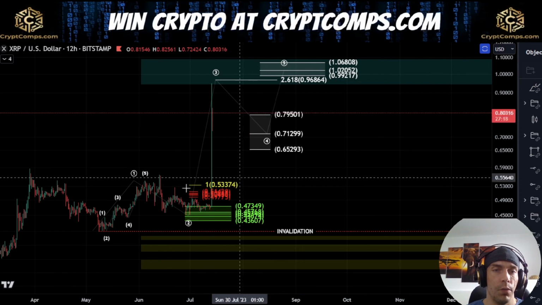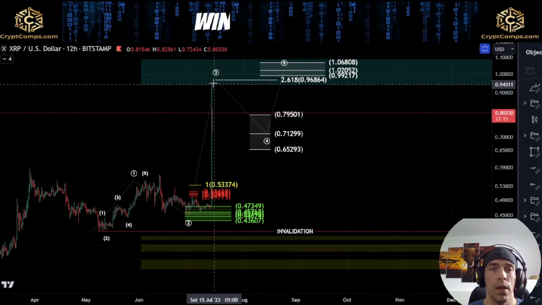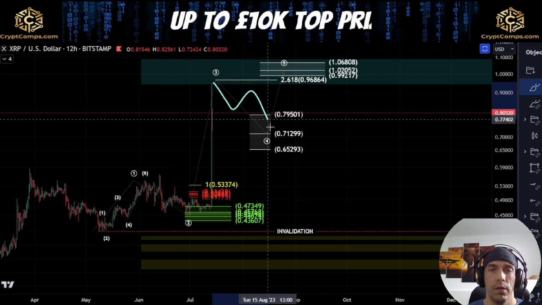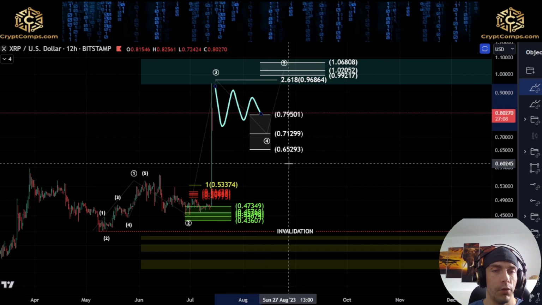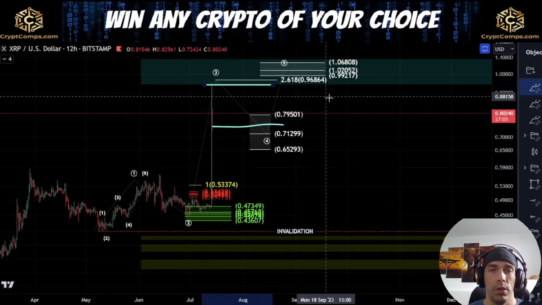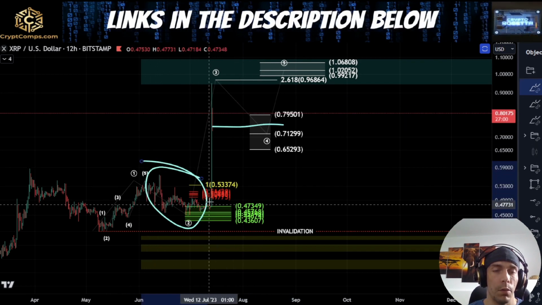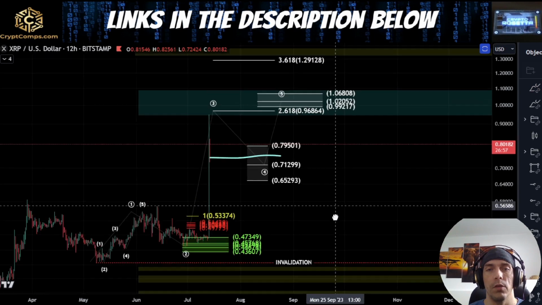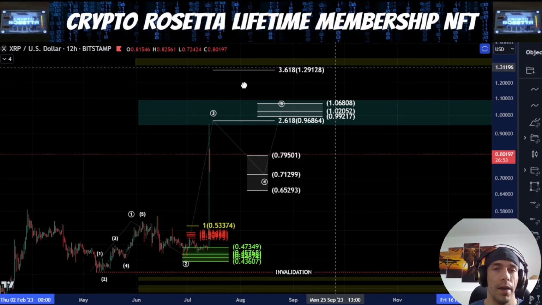If this is going to be a 4th wave that's with this 2nd wave, so in the same degree, what I want to see is something that takes a bit more time to play out here. So either we form something like this, like a triangle, or something in this manner where we just actually range within this area for a little bit, looking to come into some kind of time relationship that is similar to this. Until we do that, there is always the potential this could be extending up higher here, and we could